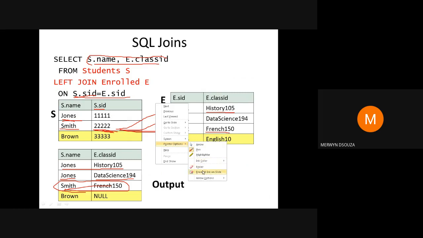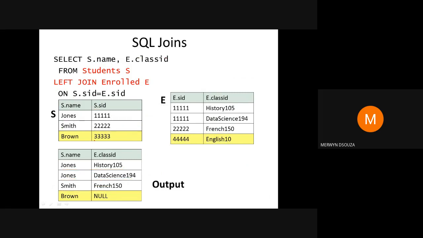Now going to the last SID in the students table. You can see here that none of the SIDs of the enroll table match the third SID of the students table. But still, since this is a left join, the name from the left table will come in the output.